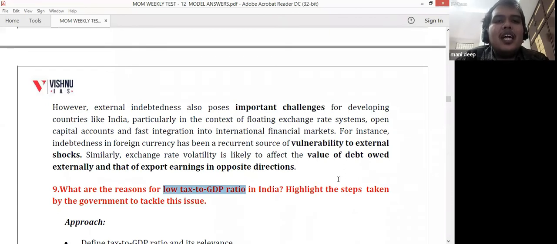Then you should write about reasons. The first reason is that we have a very low tax base. For example, in India, take 100 people. Out of 100 people, 60 will be in the agriculture sector. Agriculture income is not under income tax, so 60 people are gone. Only 40 people are left who are working outside agriculture. Of those 40, more than 90% are working in unorganized sectors. In the unorganized sector, we do not have any data to find out how much income there is and how much tax to take. So these 90% are also out of the tax bracket.